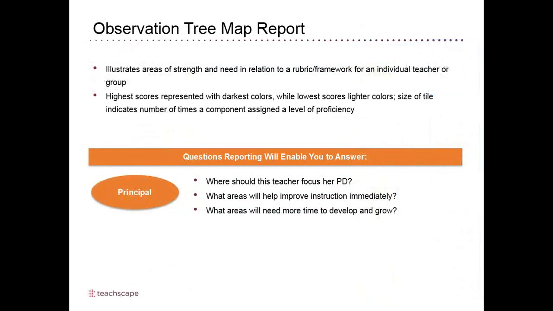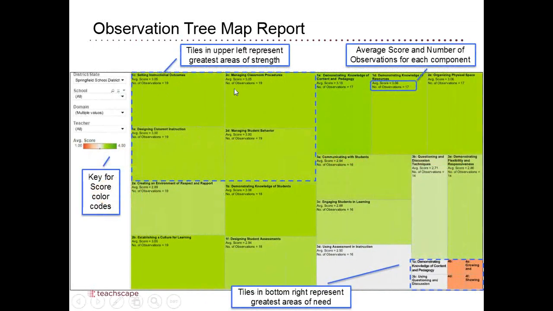The next thing starts drilling down a little bit more into an individual. Well, what about a given teacher? Now, I've seen strengths and weaknesses, but what about a teacher? What can we help a teacher out with understanding where their strengths and weaknesses were? And I don't know how familiar you are with this concept of a tree map, but essentially it's a box that shows you your strengths, which are the darkest color green in this case, and areas that you need to work on or have not had very good scores in these other areas.